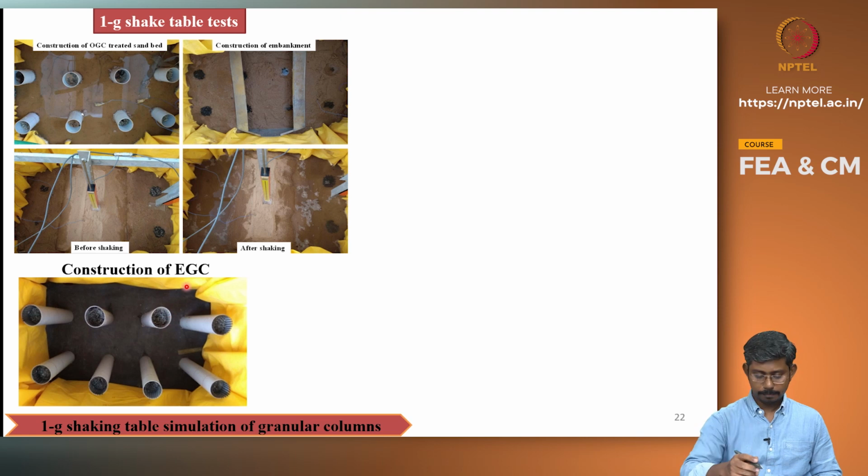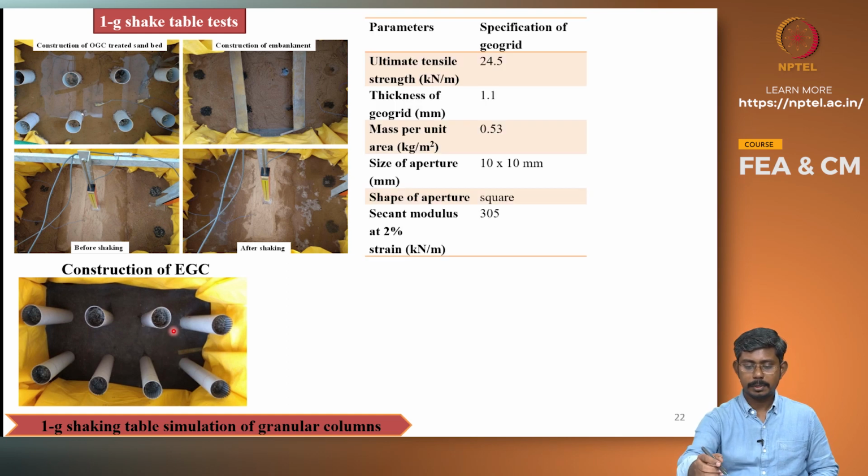For the construction of encased granular columns, the encasement is placed within the PVC first and followed by filling of the gravels, and the same procedure followed for the construction of ordinary granular columns is followed here as well. The specifications of geogrid used are: the ultimate tensile strength is 24.5 kilonewton per meter, its thickness is about 1.1 mm, the opening size is 10 mm by 10 mm, and the secant modulus is 305 kilonewton per meter at a strain of 2%,